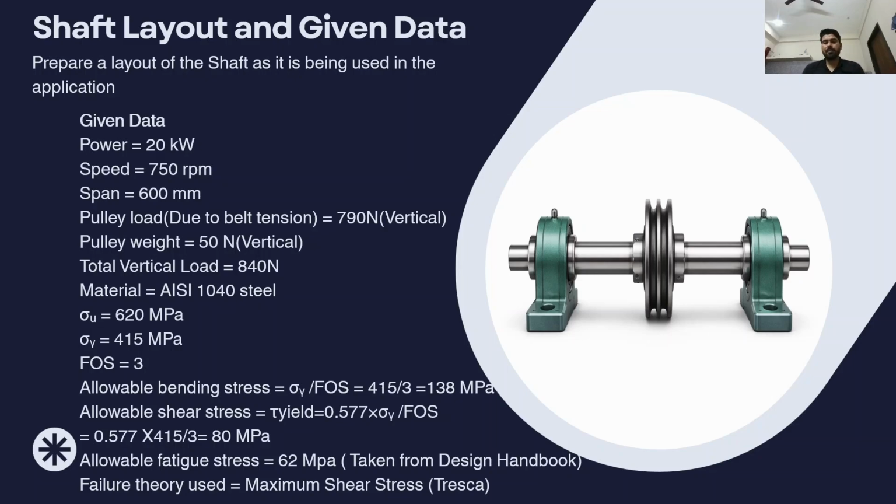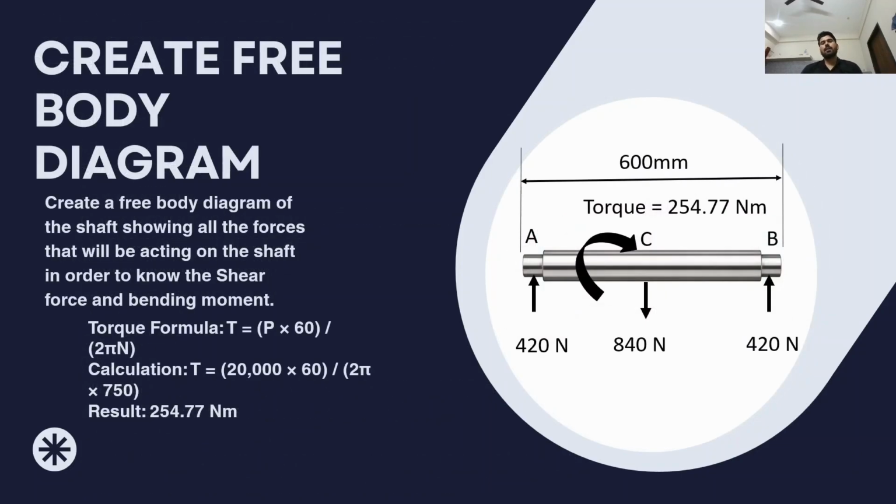I will also explain briefly why I have selected this failure theory. So first let me just quickly explain the free body diagram. Here 840 Newton is the vertical load, and the two reactions we will get are 420 Newton each, since the problem is symmetric, that's why the reactions come out equal, and torque transmitted is